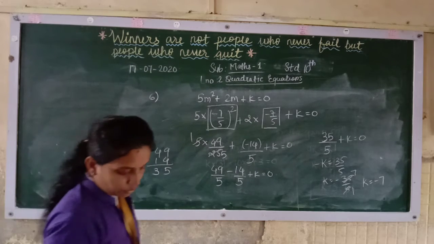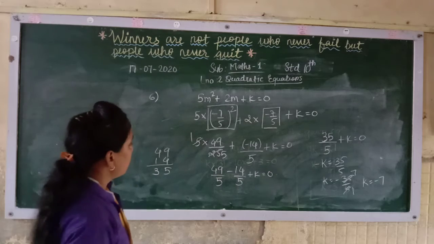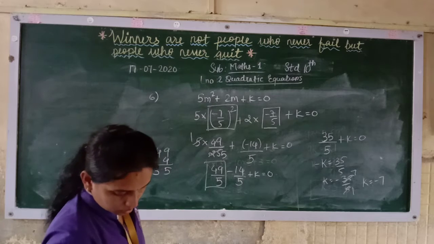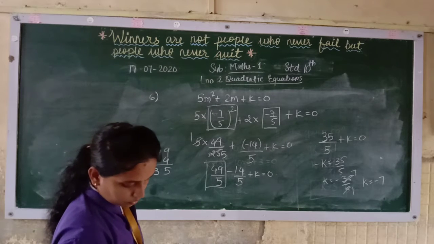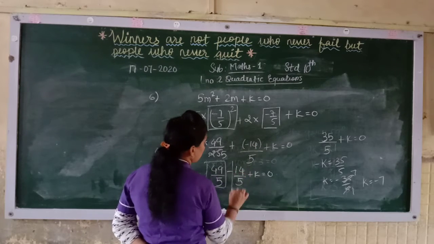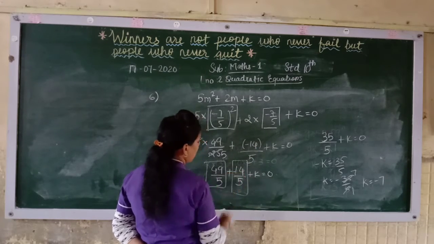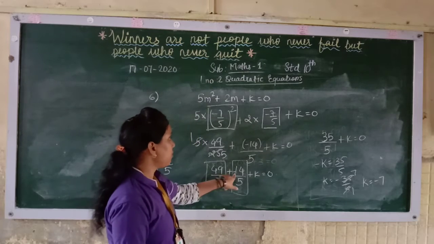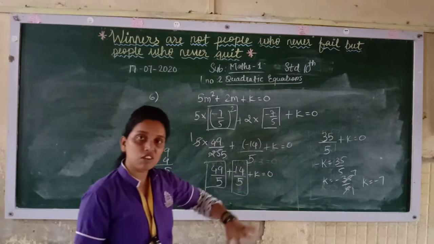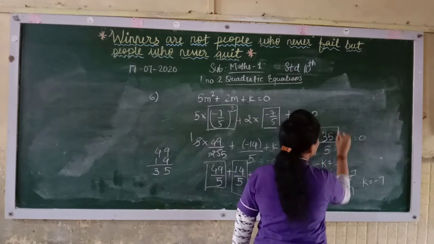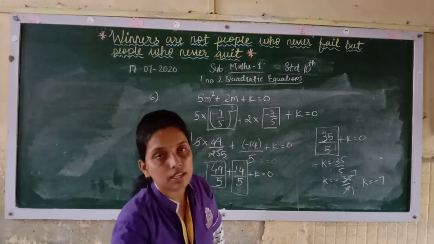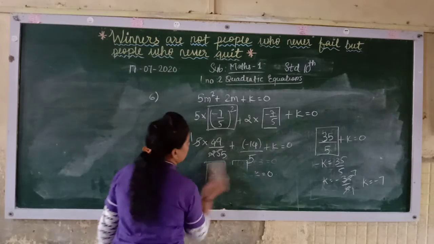Now see here, the second box is plus k. So here you will get this. Here you can show this minus sign, and here you can show the plus sign in that box. So this ultimately will become minus over here. After that, the in-between steps are not given, so directly you have to write the steps. Now here they have given box plus k. So here it will come 35 by 5, and you calculate, you will get the value as k is equal to minus 7.